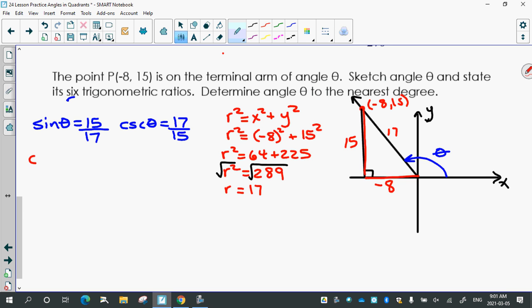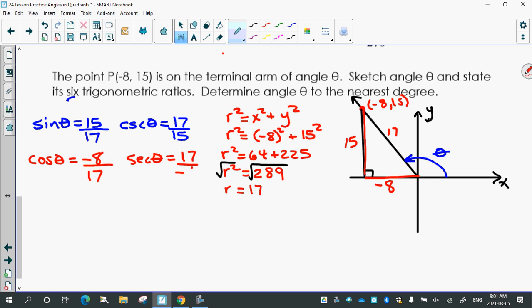Cosine is the x value, so negative 8 over the r value, 17. And secant,